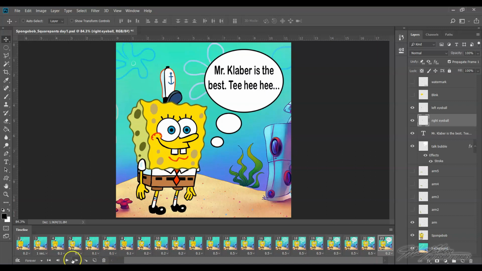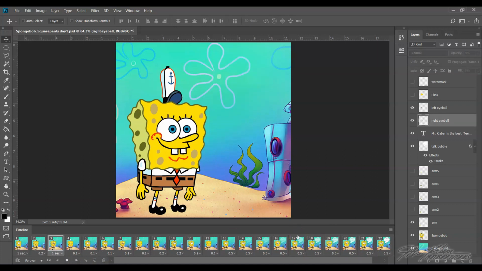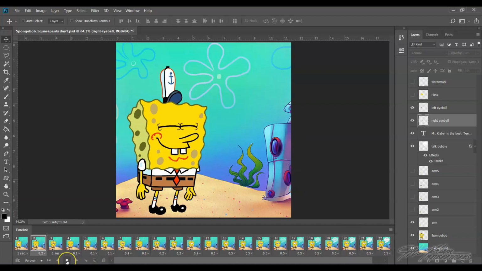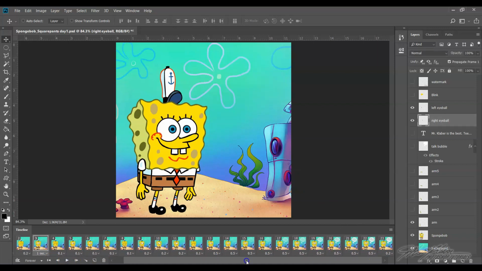Now when I hit play, blinks, moves his hands up, eyes move, and now this is starting to come in, and you can see it's going excruciatingly slow down here on the timeline. So I'm going to hit stop, and I'm going to see right where the text starts coming in and make it way faster. So maybe 0.1,